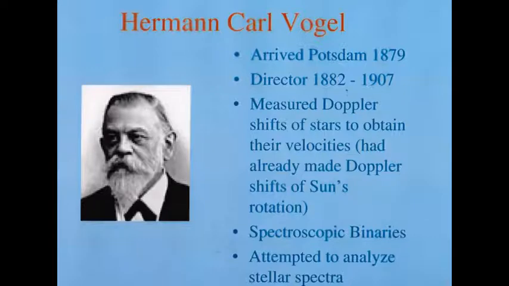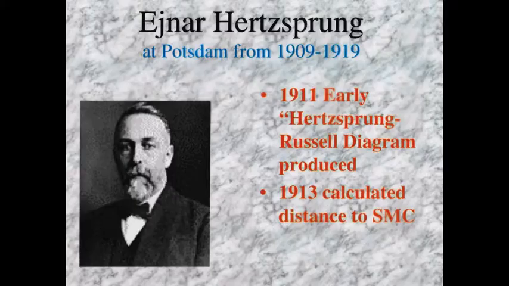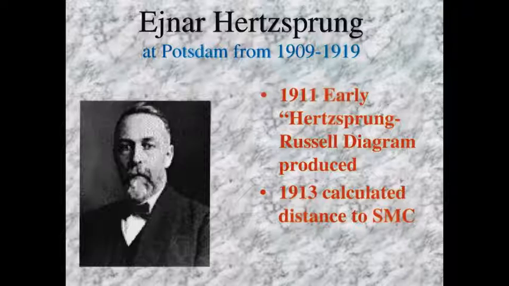These are, by definition, binaries that you can't actually detect as binaries visually, but applying the Doppler shift will actually show them to be binaries. And he also attempted to analyse stellar spectra as well. So if I can jump ahead, this is a very cursory view, so we're jumping straight ahead now to another fairly famous name later on,